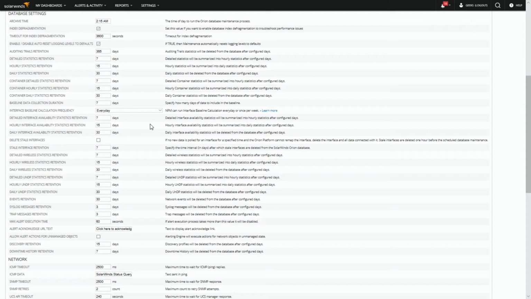Something I would suggest is, if you have Network Configuration Manager, your NCM, those have jobs that can be scheduled, and those can take up bandwidth because they're going out to devices, pulling configs and doing things. A lot of times people schedule these for around 12 or 1 o'clock. Depending on the size and how many devices, sometimes that can take a little longer and you'll actually run on top of your database maintenance. We want the database maintenance to be by itself. You want it to focus on its job at hand. Not because SQL can't handle it, but let's let it breathe and do what it needs to do without trying to read and write everything at the same time.